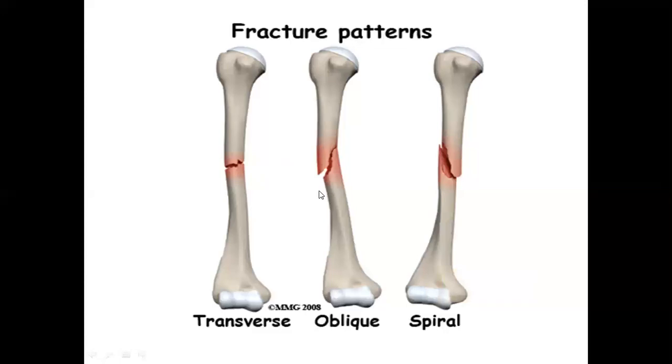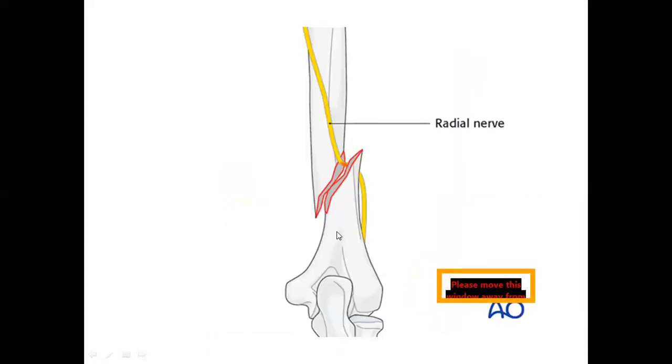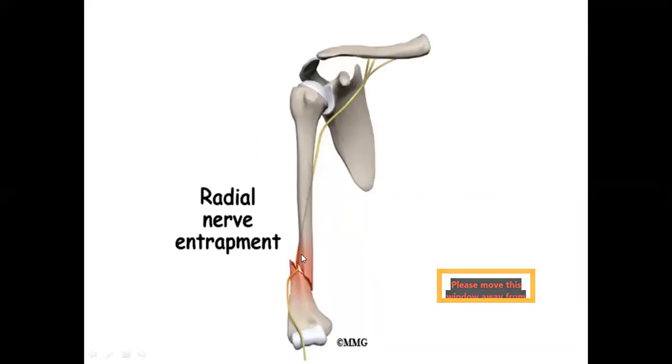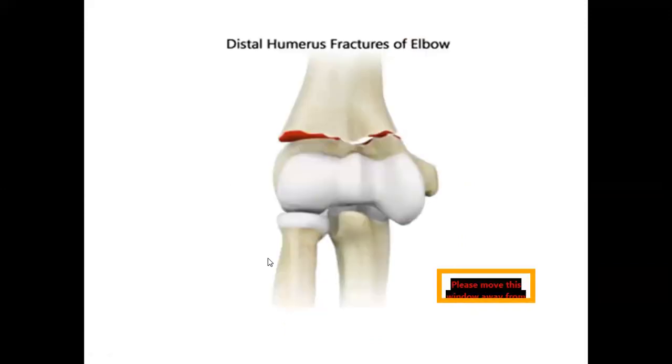This picture helps you understand that if there is any road traffic accident, or any injury in old age with osteoporosis, there may be a fracture like this. Based on its direction, it can be transverse, oblique or spiral. As I told you, the spiral groove is related to the radial nerve, and the radial nerve may be entrapped in the fracture segments, between the upper end and lower end of the shaft. The radial nerve supplies the triceps muscle, which we just studied, and all the extensor compartment muscles of the forearm. So these muscles will get paralyzed in such fractures where the radial nerve is damaged.